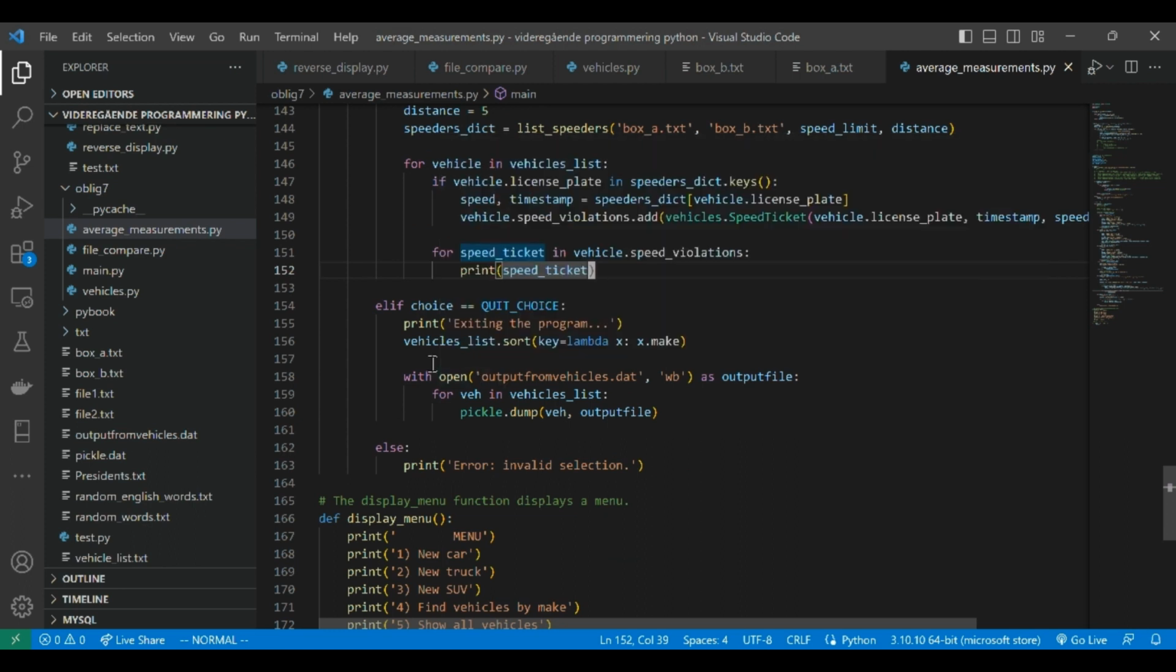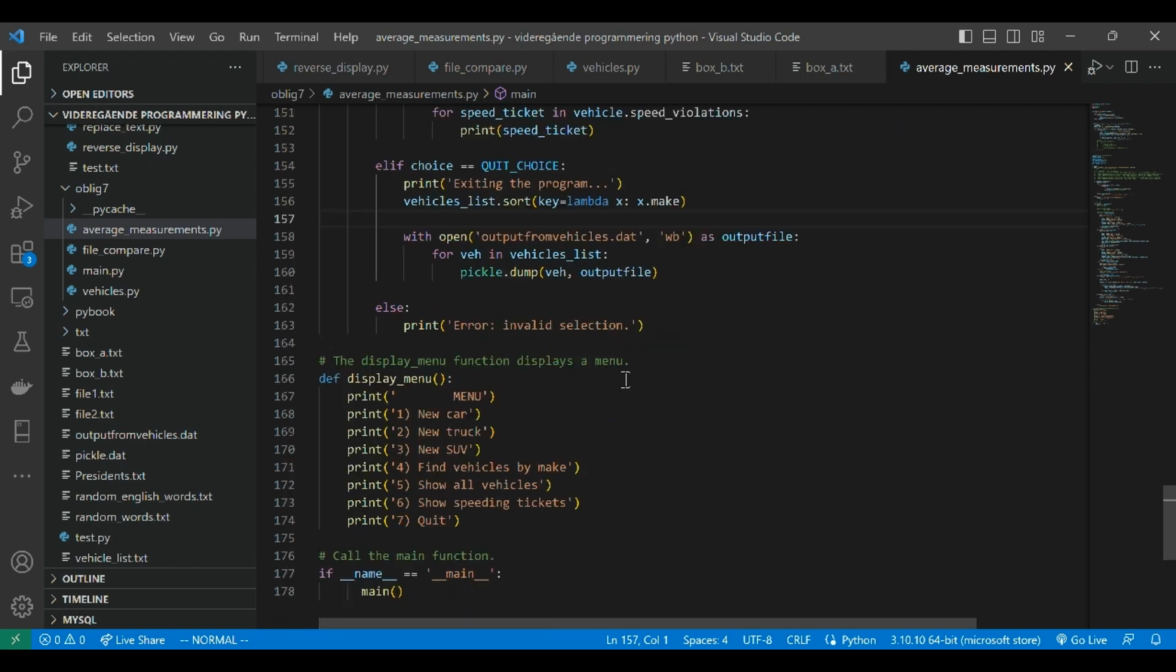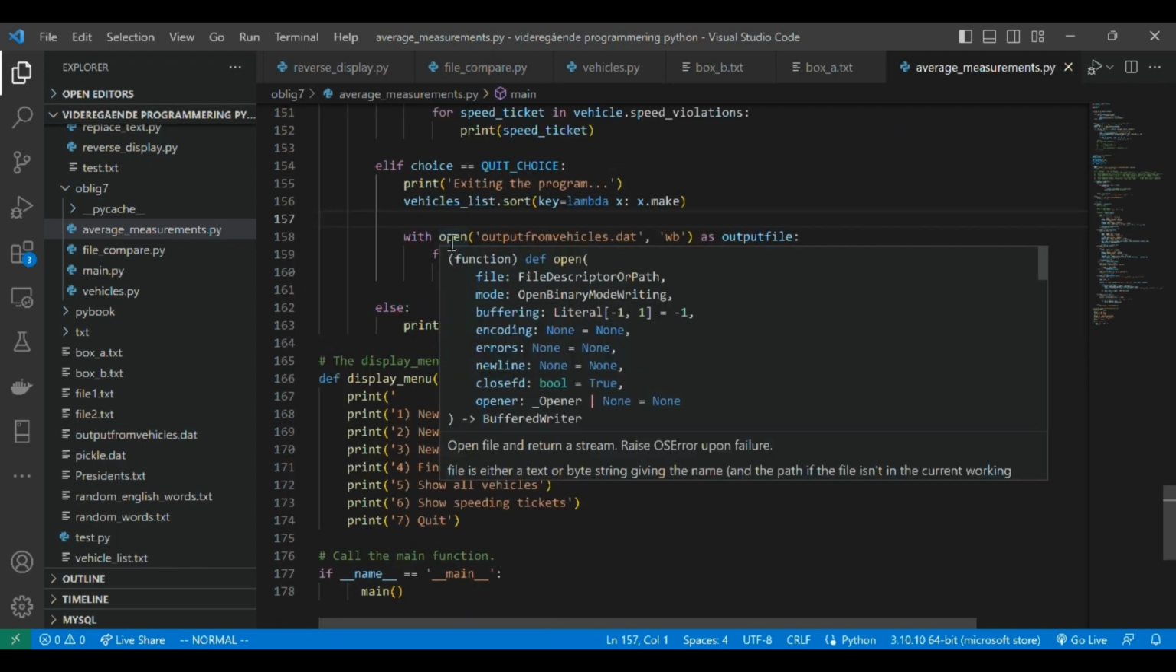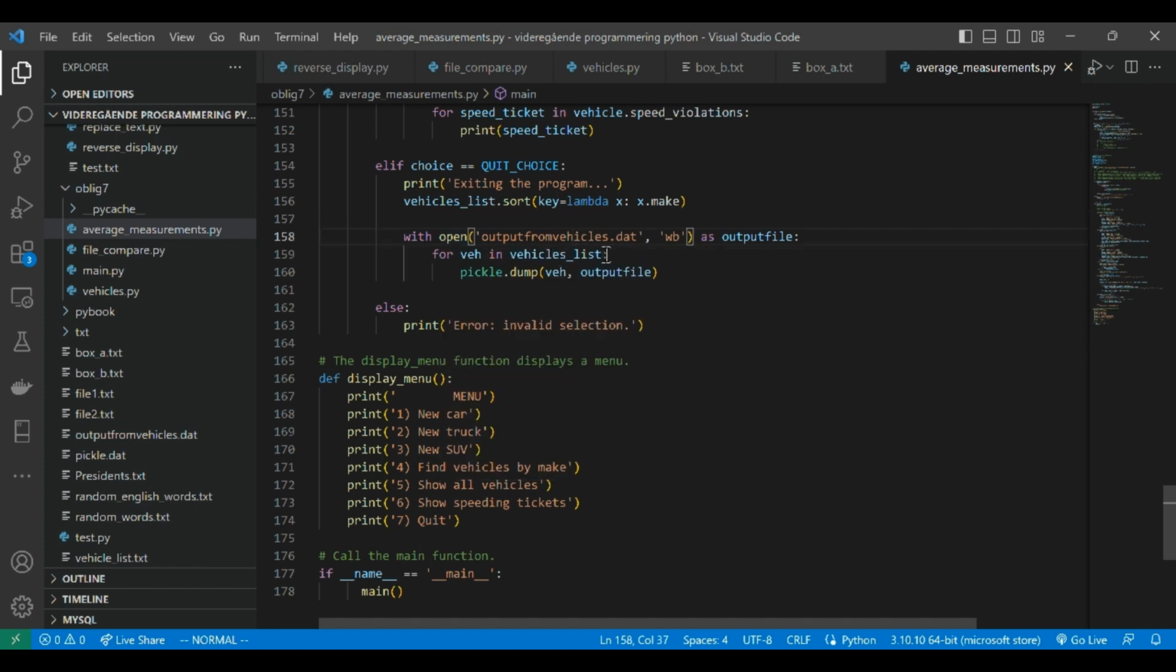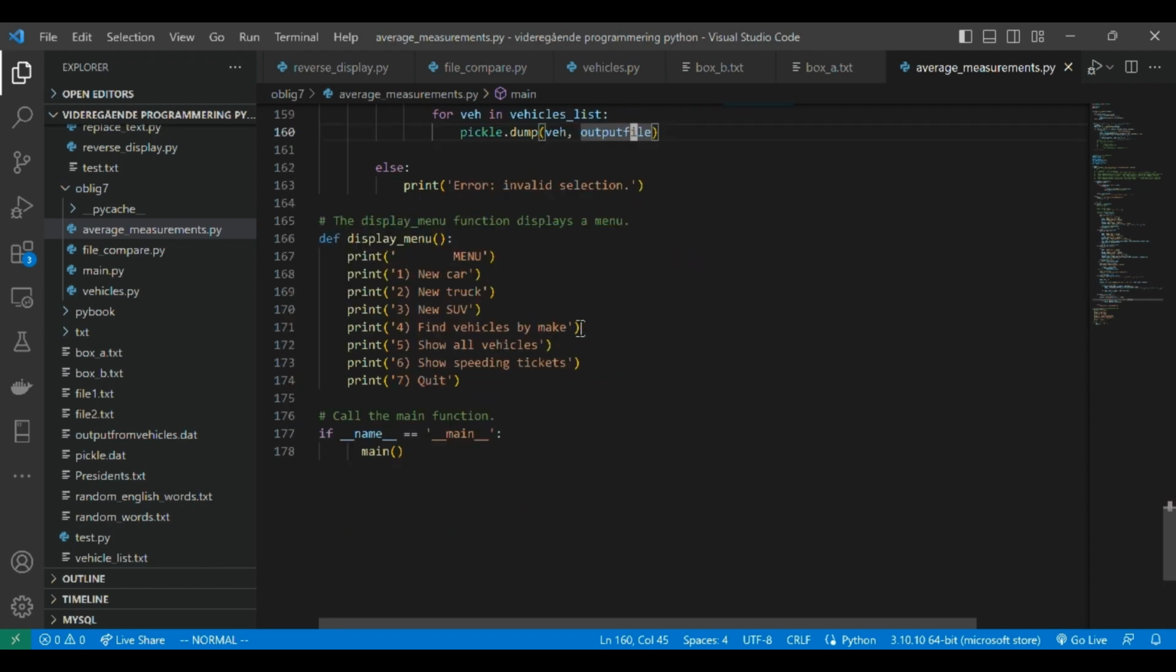And if you want to quit, we first sort the list, and then we write out our vehicles in a file, which is the default output from vehicles. That's write binary, and then we dump it into that file for every vehicle. Pickle dump vehicle output file, and